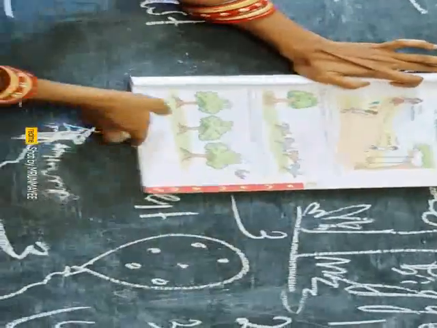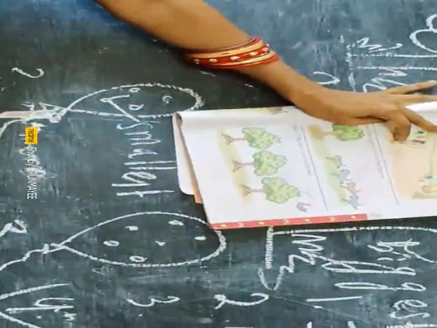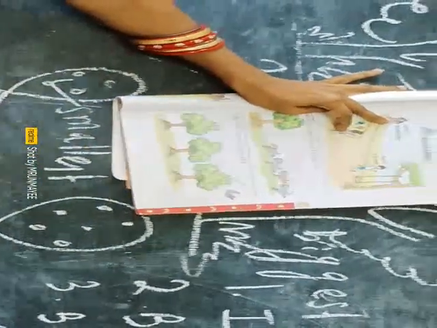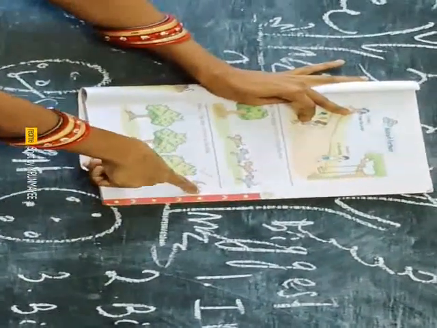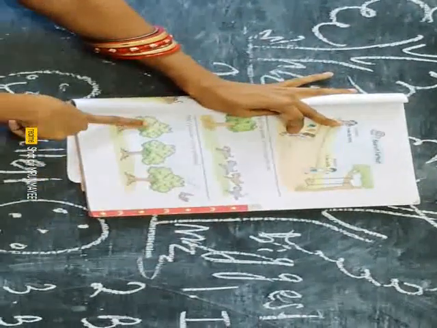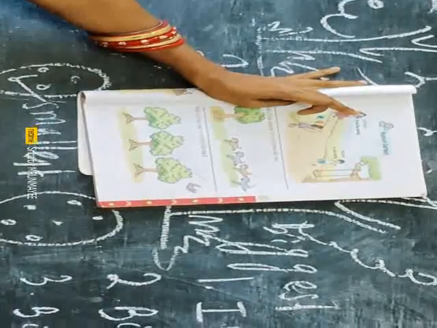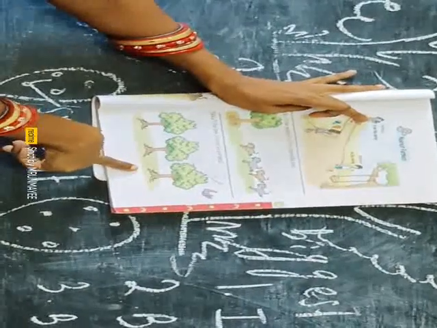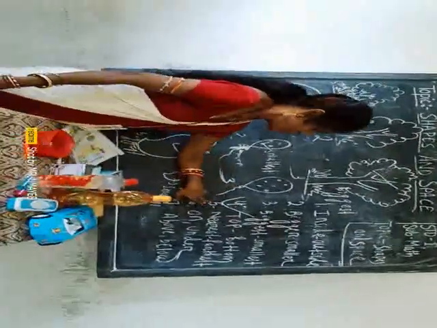Right? Okay, so now I will ask you a question. Tell me, this bird is flying. This bird is very close to which tree? Here 3 trees are given. So tell me, that bird is close to which tree? First tree or second tree or third tree? Yes, very good. This one is very close to the third tree and very far away from your first tree. Okay, so our first one is complete, point number 5.